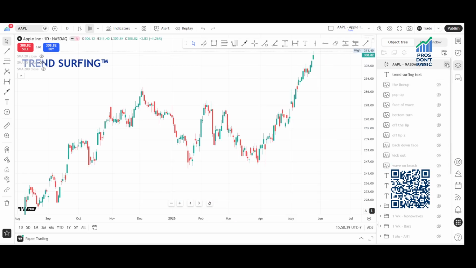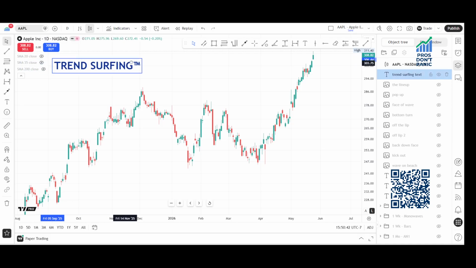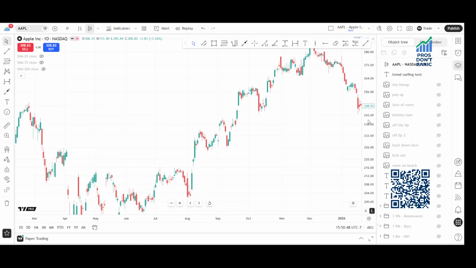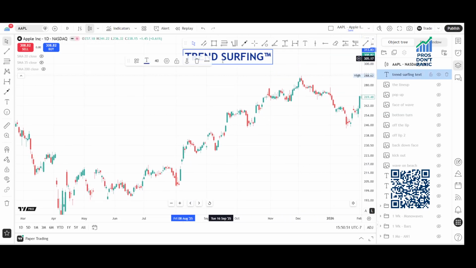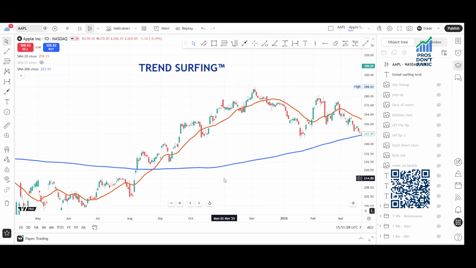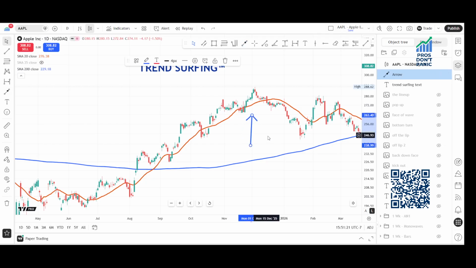Now let's look at the market. So this is Apple on a daily chart. Let's go over here and look at the trend. How do we look at this trend, or how do we even know this trend is here? Well, we've got two things that are going to tell us that we've got a coastline. We're going to bring in the 20-period moving average, which I have in orange. That's going to be our wave. And the 200-period moving average, which sets up the ocean line. And now we've got the coastline. And now we've got our beach. We've got our ocean, our wave, and our beach out here. So remember, the ocean is moving this way, or the energy is moving that way.